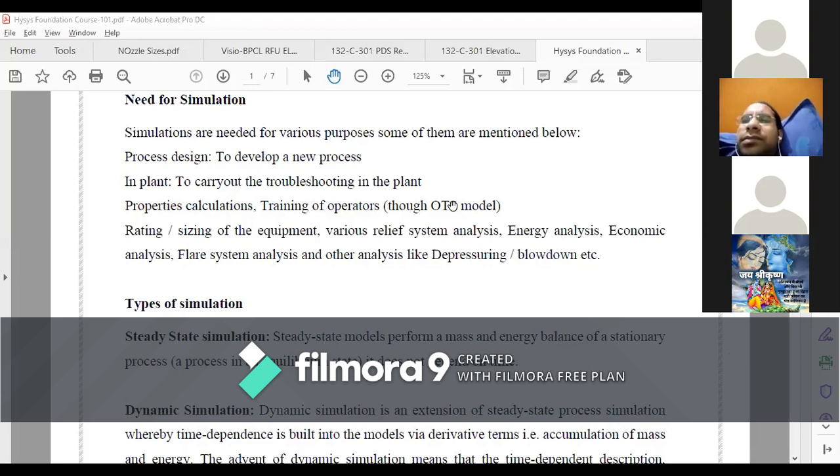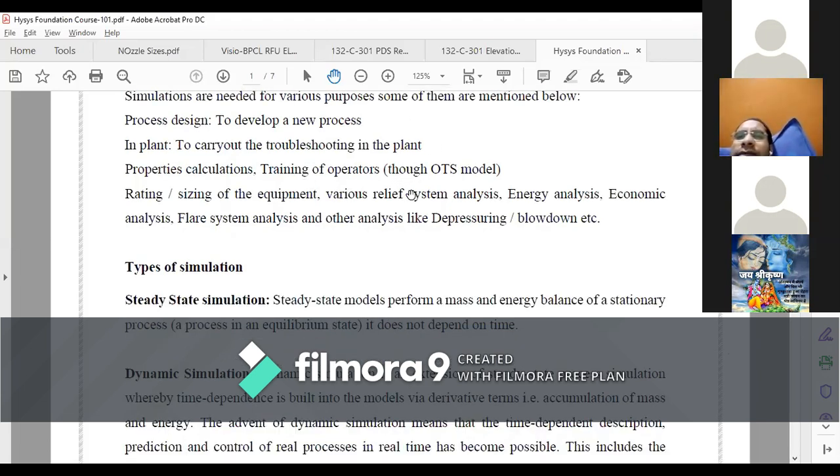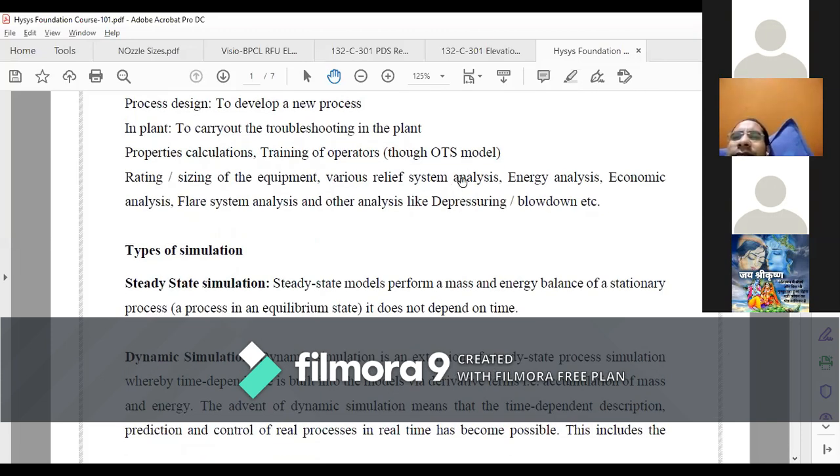So first you will get the training on this operator training simulator, and once you are trained, you will be deployed into the actual plant to run the plant.